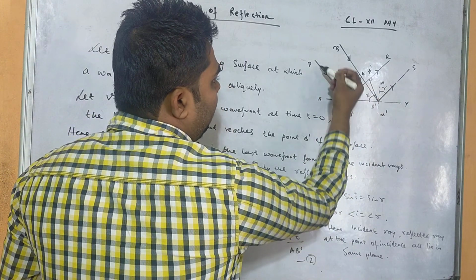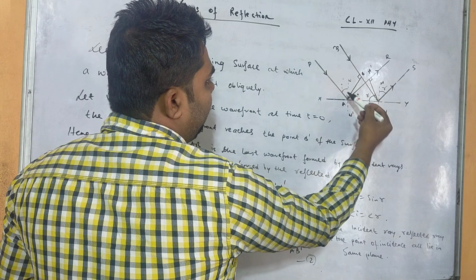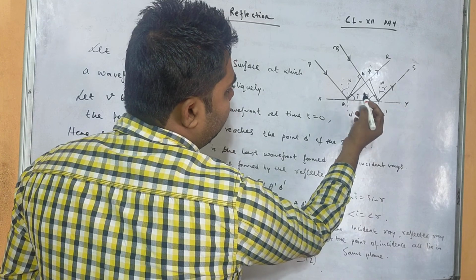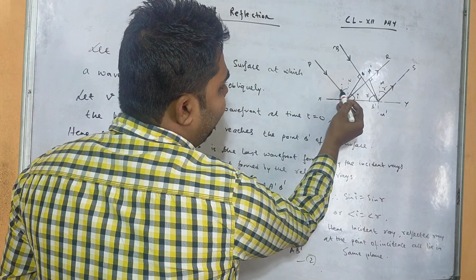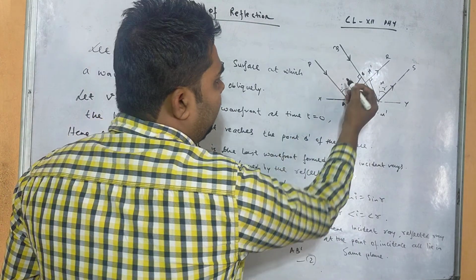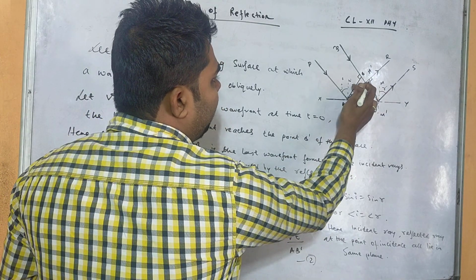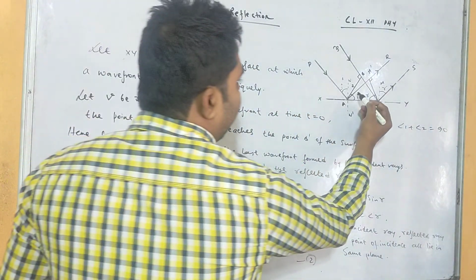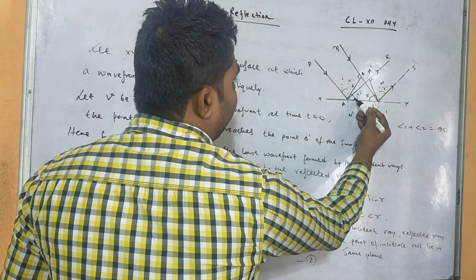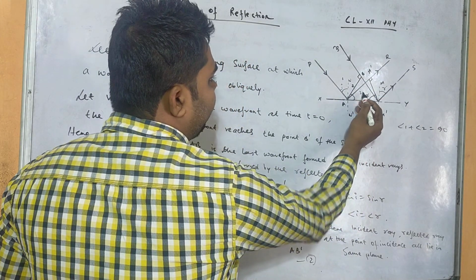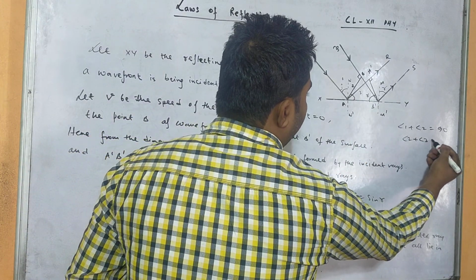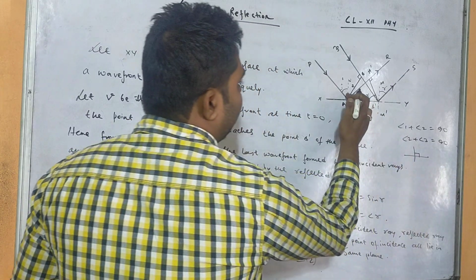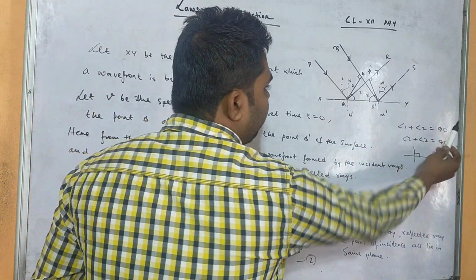So you see, let us consider P, A and this, right? So what is the total angle here? If I consider this to be 90 degree, because this is 90 degree, right? Angle 1 plus angle 2 equals 90 degree. Again, if I consider this total as angle 3, what can we write? Angle 2 plus angle 3 equals 90 degree, because this is a normal and this is 90 degree, right? So you see, angle 1 plus angle 2 is 90 degree, and angle 2 plus angle 3 is also 90 degree.